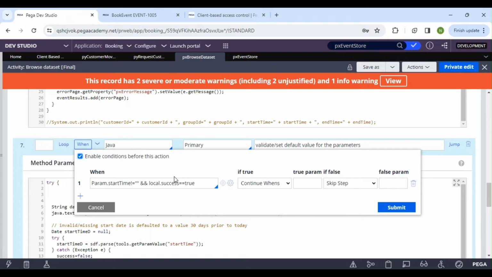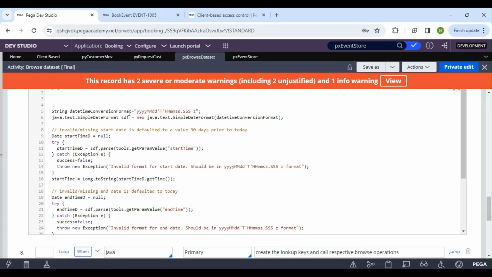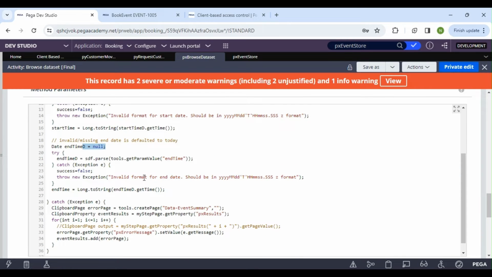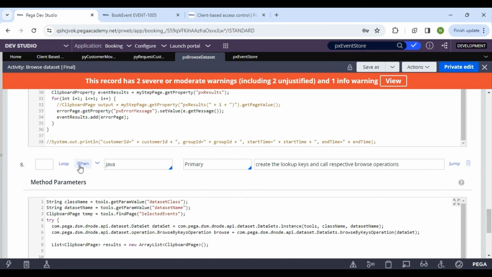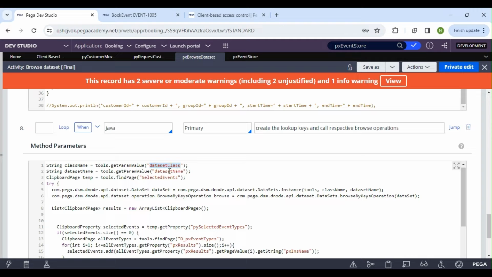In the next step, it's kind of validation. Sixth step is validation. Start time and end time is not null and the success is true. Okay, the time format invalid. Time check we are doing, invalid format. This is for time check. And the next one, when it is success, what we are doing: data set name, data set class name, and the selected events. We formed one list, right? So everything we are taking, and the data set